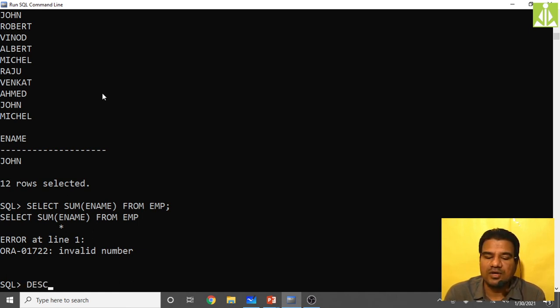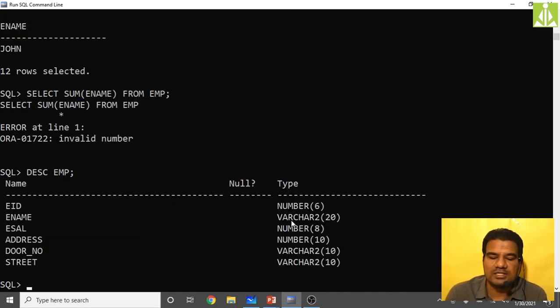See, in the description of the employee table, EID is a number, salary is a number, and address, which we changed later, is a number. But the varchar columns, door number, street and ename, you can't take into the sum function. If you do, you will get this type of error. This ename is not a number, it is an invalid number.